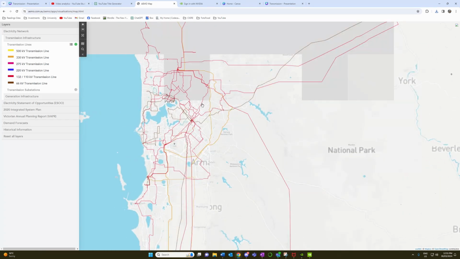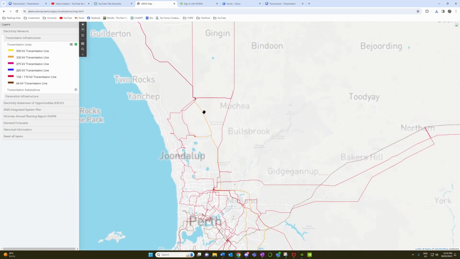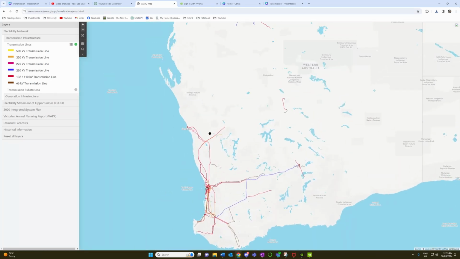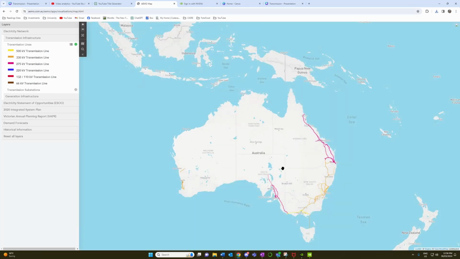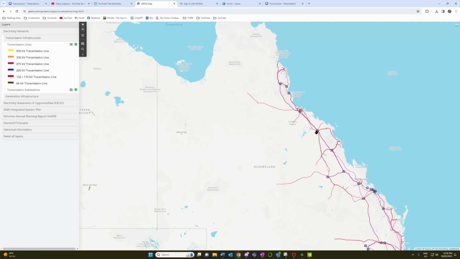So I'm pretty sure this is pink, so 275. We've got a bit of red. We've got a few orange ones as well. So as you can kind of take away from this, we have a very big different range of transmission lines in Australia. So if I go back over here on the left and click transmission substations, which I will speak about later,